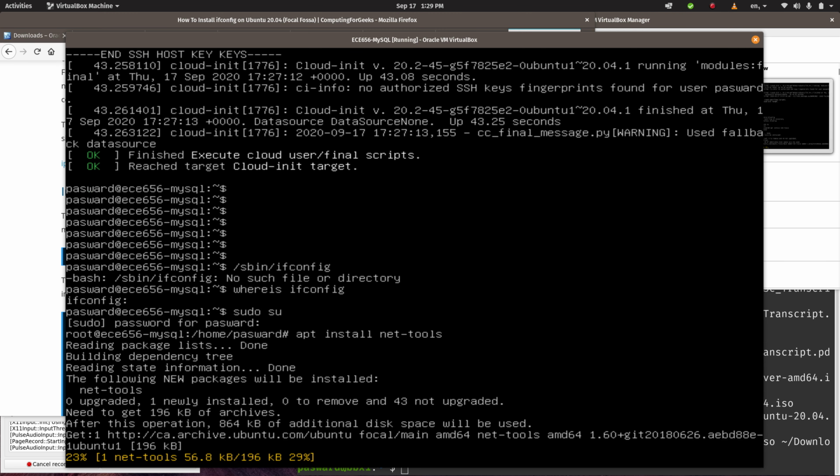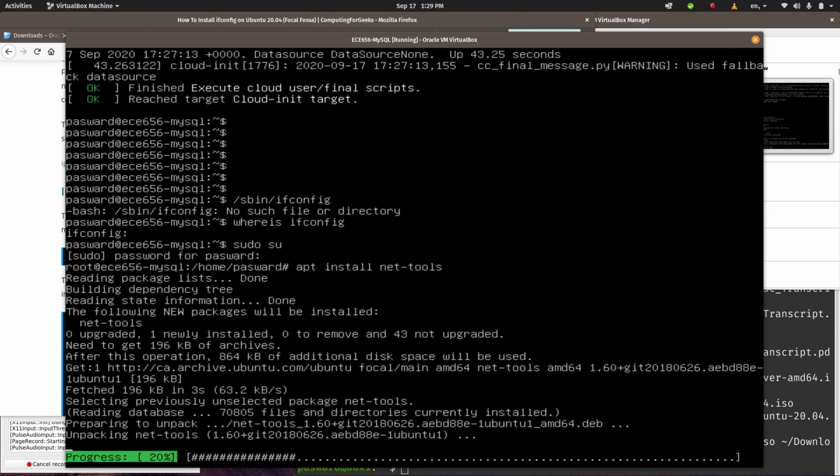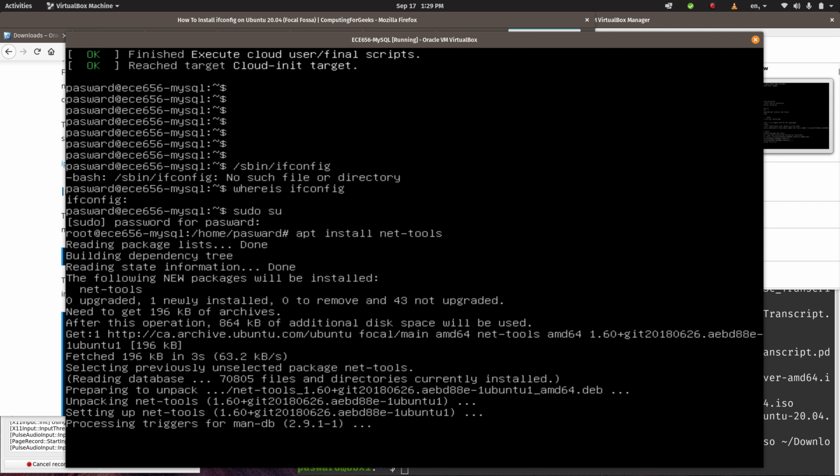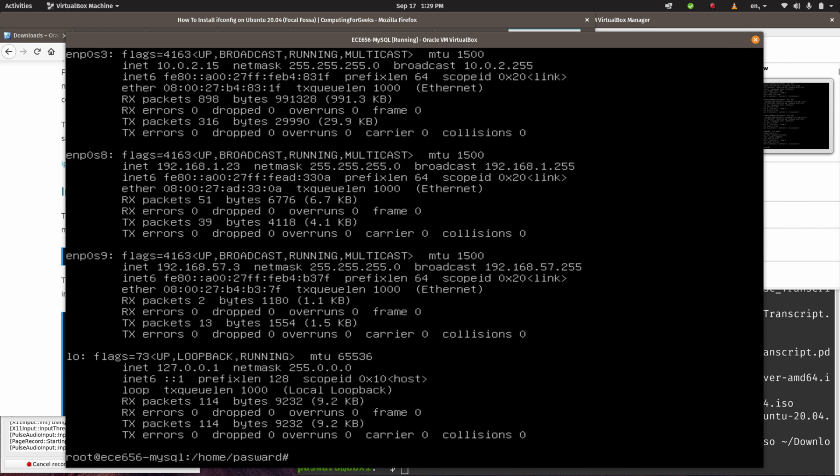Apt install net-tools. Okay, I don't know why. The Linux world is slightly dumb at times. They insist on changing things that work fine for no particularly good reason. Okay, ifconfig is showing us our different network connections. Notice that